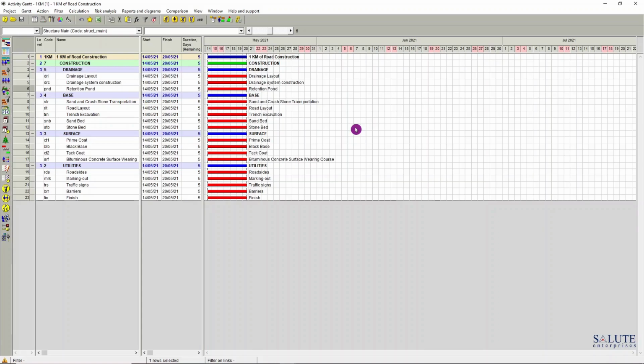The first option would be to put a cursor on the top of the activity bar, and you can see there's a little spider icon that appears. If you left mouse click, you can see there's a web line that appears, and you can just drag that web line to a task that you want to be connected. In our case, the drainage system construction will commence after the drainage layout is complete, and we connect these two